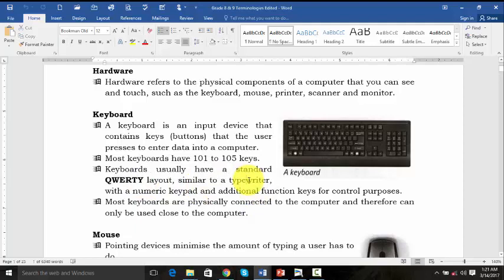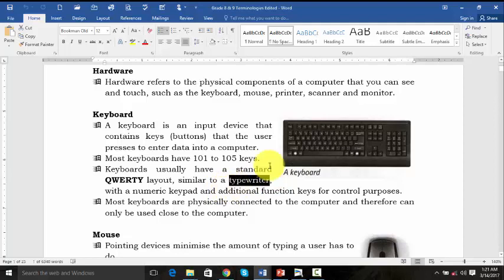Now when we say a typewriter, it is an old machine which operates like a computer, and up to this time there are some people still using it. Normally it was used during that time when computer was not common to many organizations and to many people. So most like in Zambia, a typewriter was so common. So a typewriter has been replaced by the computer, of which we are able to use the keyboard.